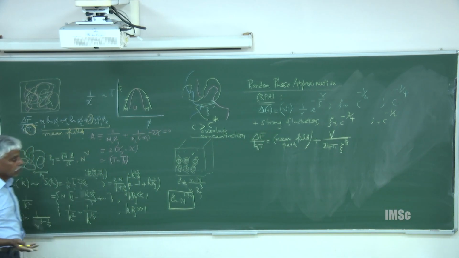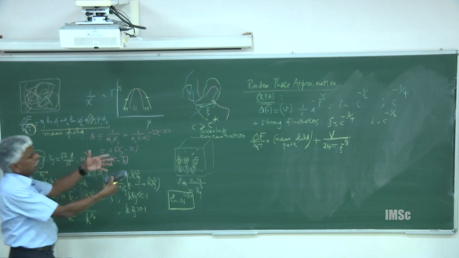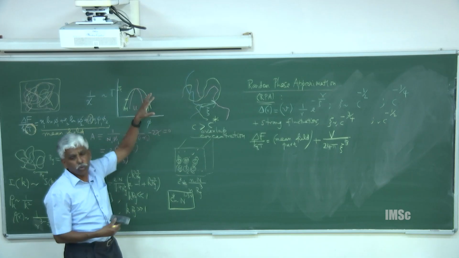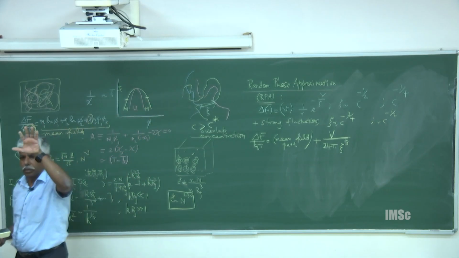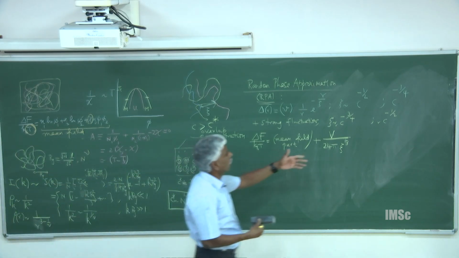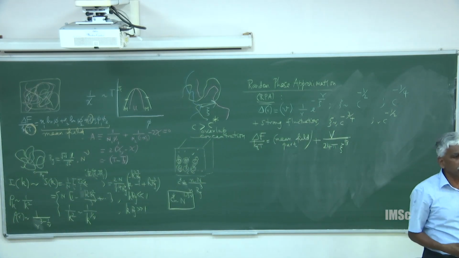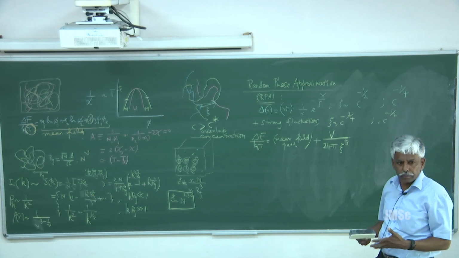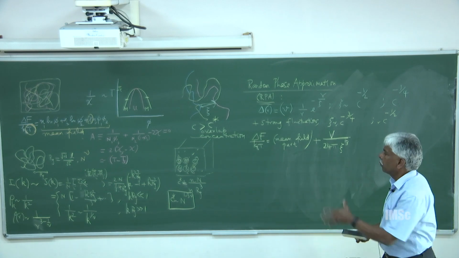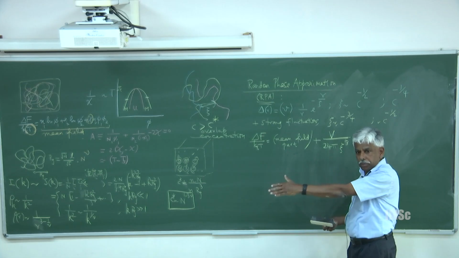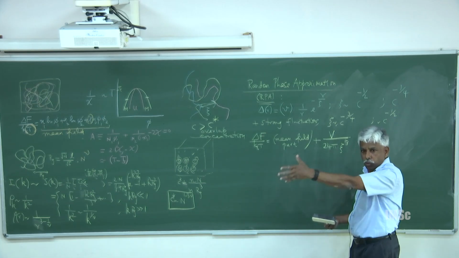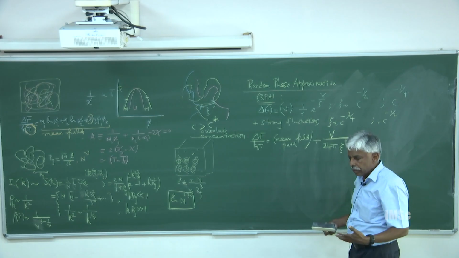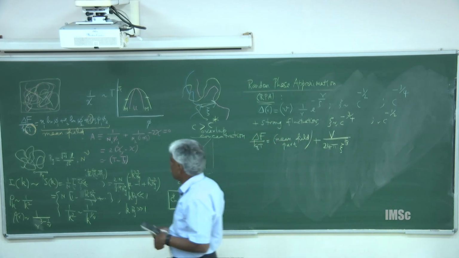I can make the statement that the chemical potentials are the same, and I showed the calculation for the simplistic case. But when you have these things, it may be necessary to do it numerically, because it is not an analytical function. This goes like c to some fractional power, so you may have to do it numerically. Then you will have accuracy in comparing with the experiments. That is the road map: your starting point is the thermodynamic principle of equality of chemical potentials for the coexistence curve, and the second derivative of free energy with respect to composition going to 0 to dictate the spinodal curve.